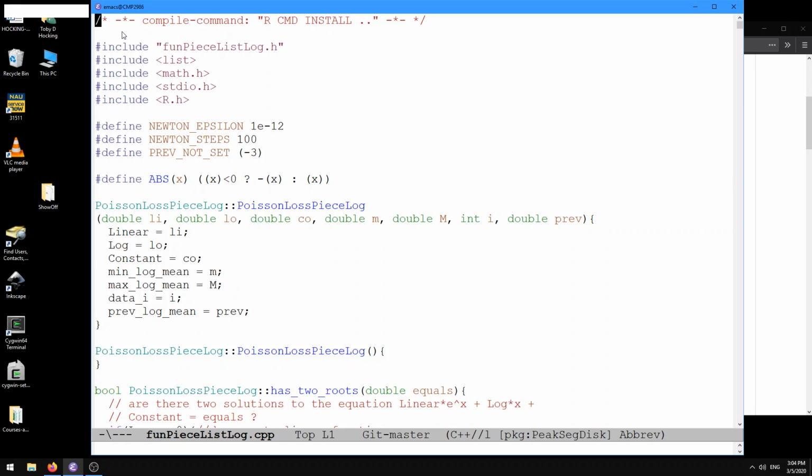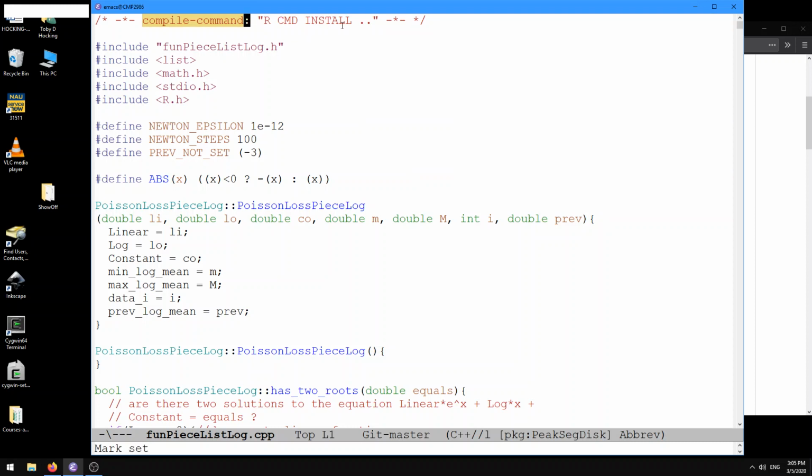When you have these special symbols in the first line, Emacs is going to interpret them as variables to set. Here I put it inside of C++ comments so the C++ compiler doesn't see them, but Emacs will see that I want to set the compile command to r command install inside of this